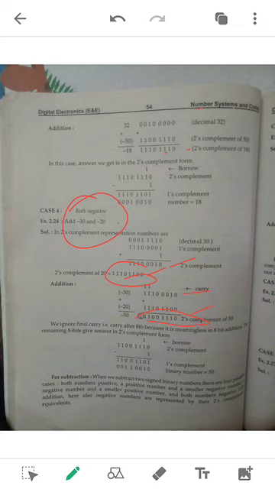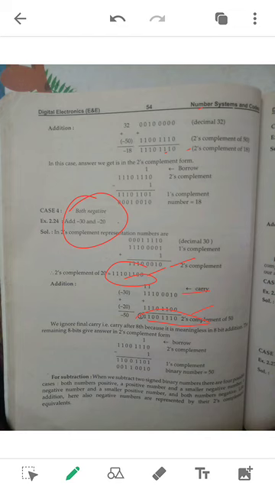After subtracting from the 2's complement of 50, you are getting the number in a 1's complement form. So that 1's complement form, again you have to invert it. Invert means reverse it. After reversing you are getting 0 0 1 1 0 0 1 0. So that is one of the techniques.